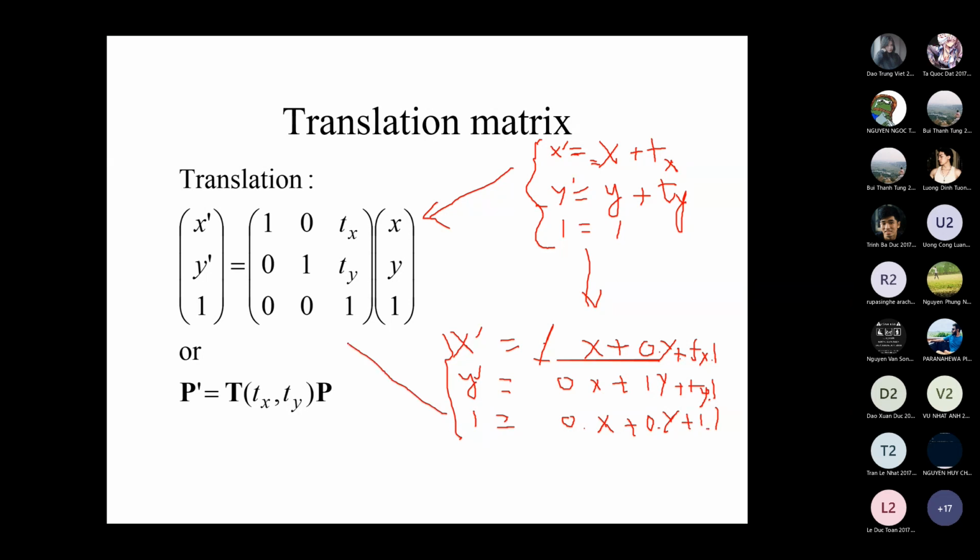So we set up the form of the matrix as shown here: 1 0 0, 0 1 0, and tx ty 1. It has the form defined by tx and ty. So this is a transformation matrix for the translation, and the same